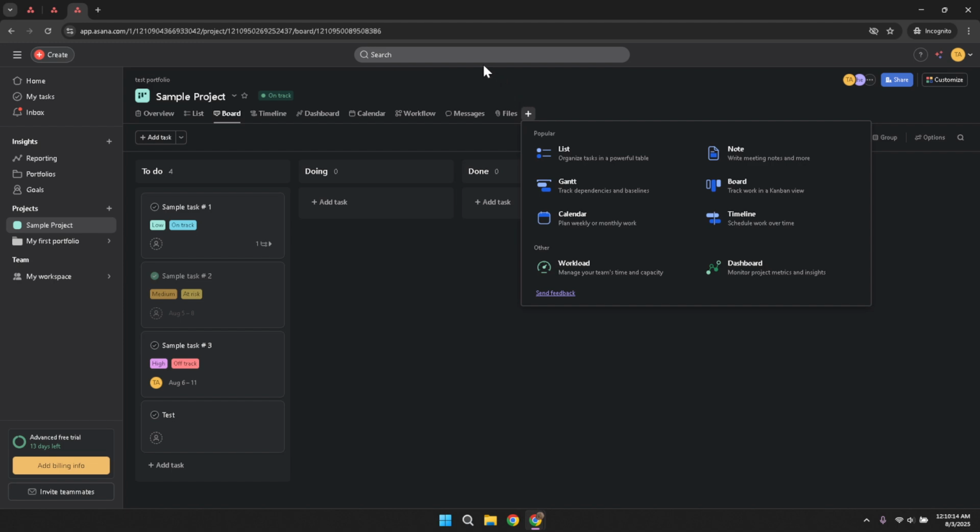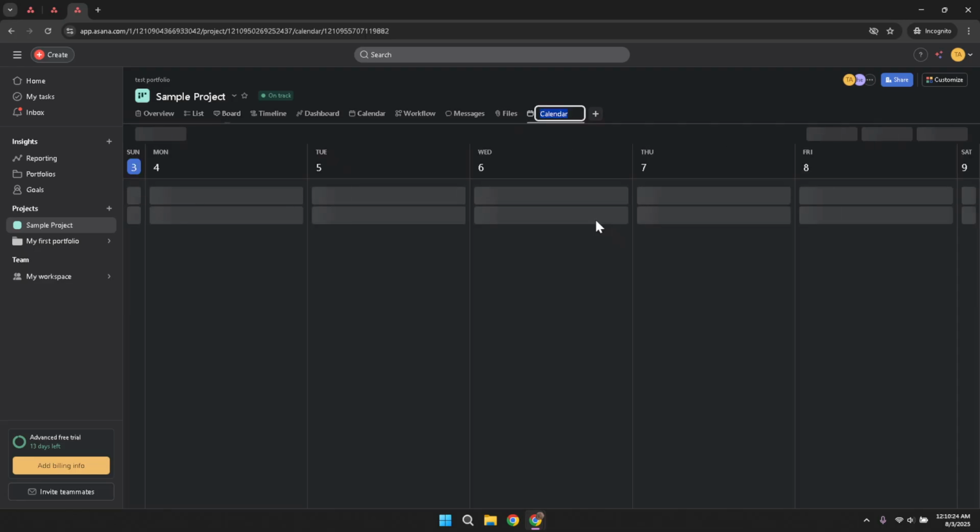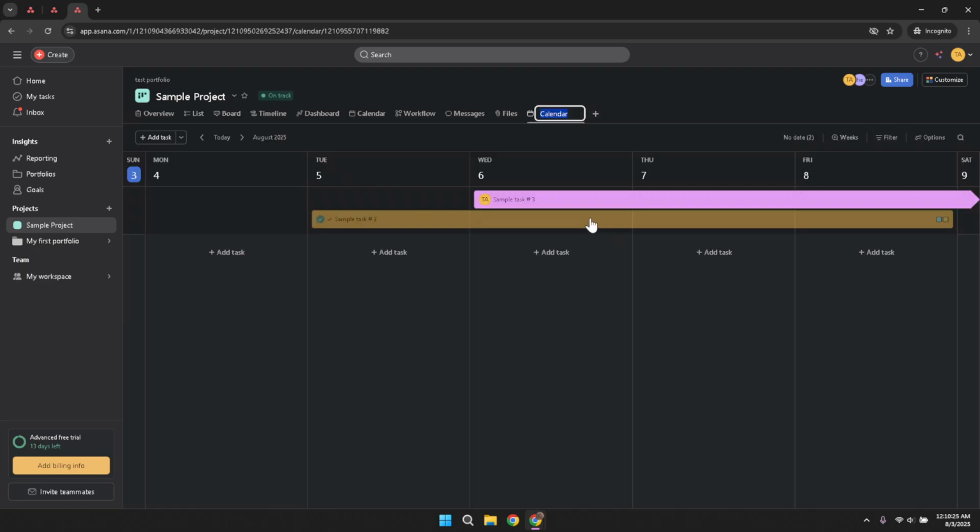Clicking on the Calendar option will automatically format your project tasks into a calendar layout, organizing them in a timeline based on their due dates. If you're someone who thinks in dates and timelines, this view is particularly helpful. It gives you a clear picture of what's coming up and helps you manage your time by showing you which days are particularly busy. Remember, using the calendar view is an effective way to keep track of your project timelines